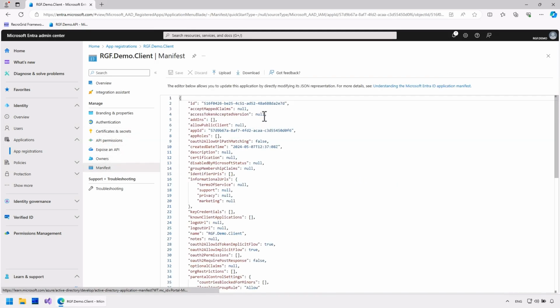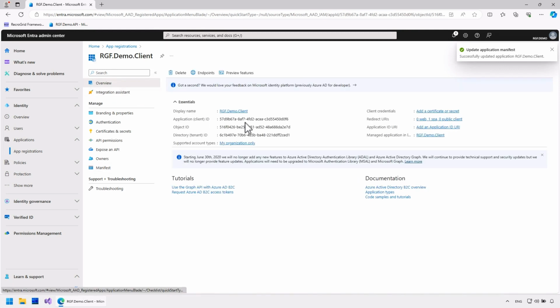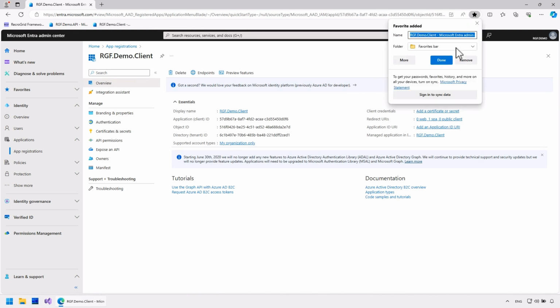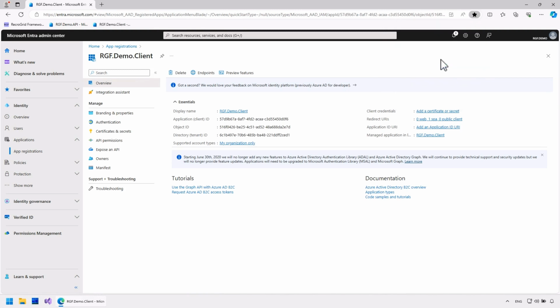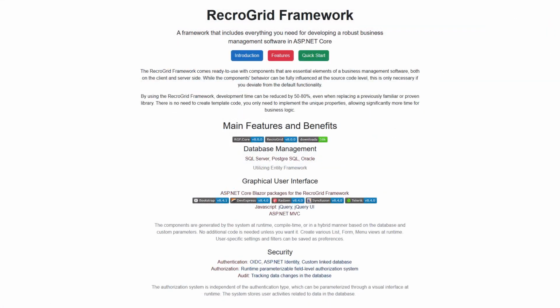Finally, I also set it to use the version 2 token format here. With this, the registration of the API and the client application is complete. Next, I will configure the two RGF demo applications to use these settings.